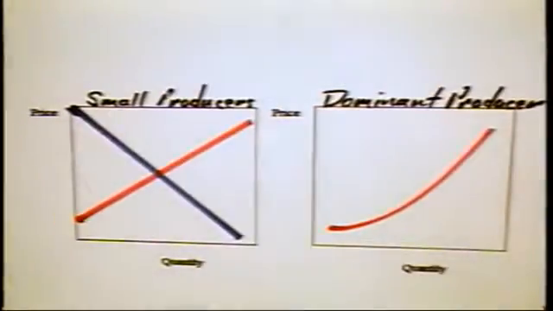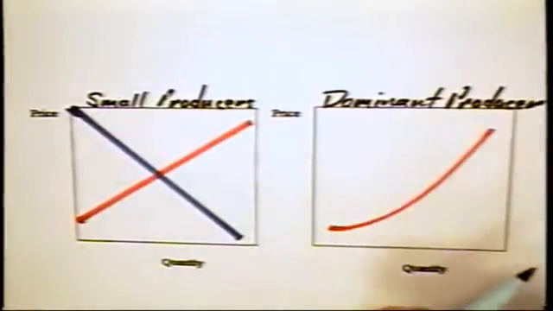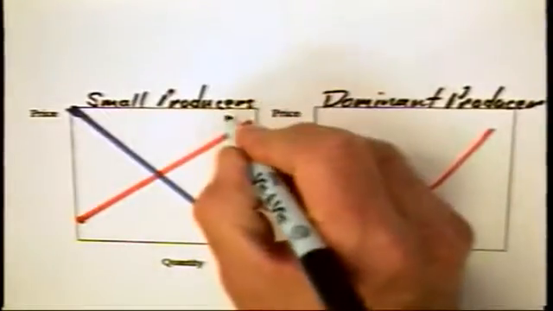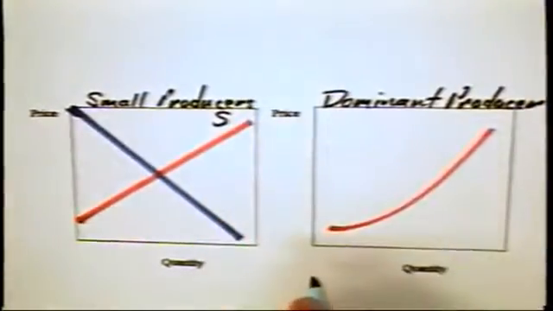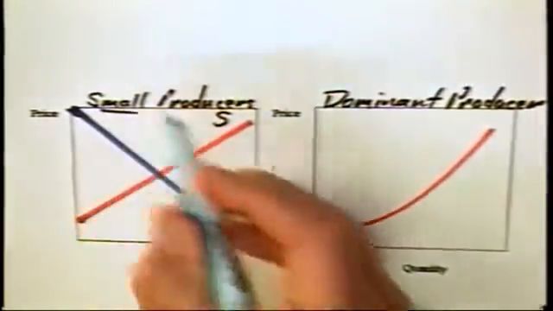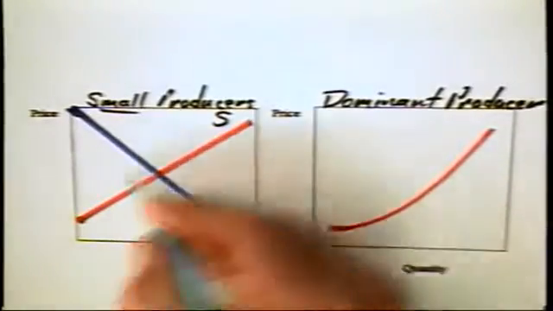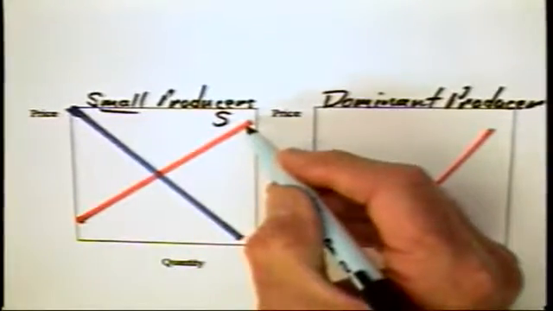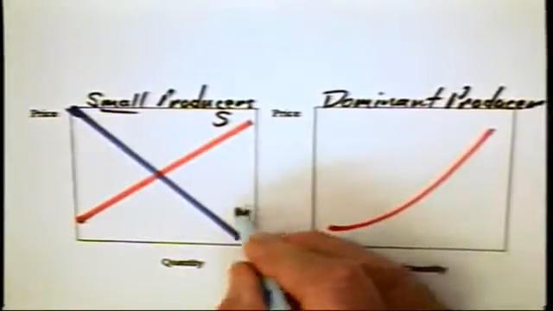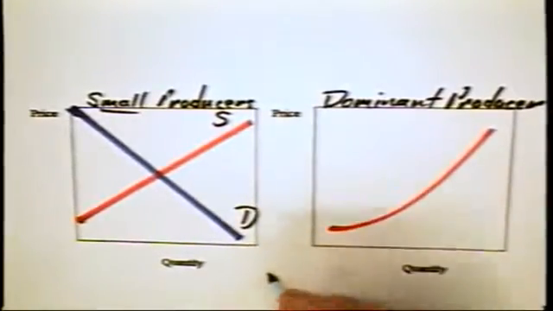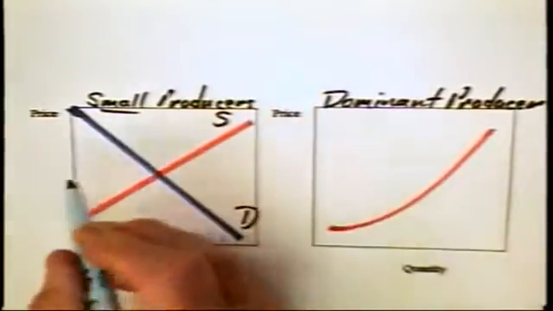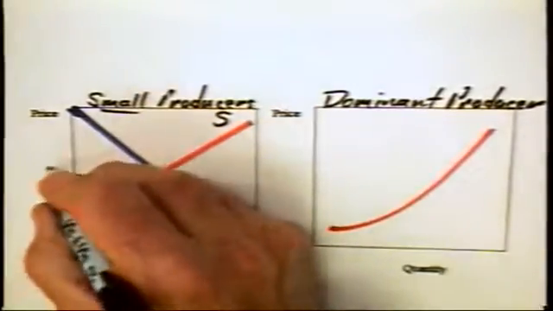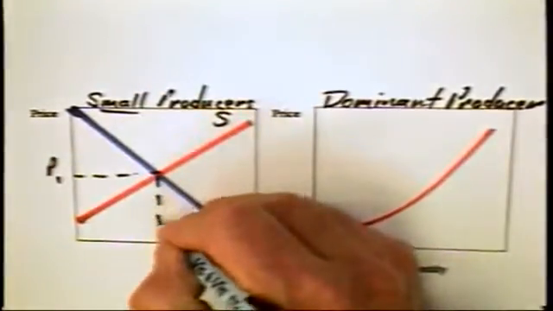In the left-hand side of the picture, you have the supply of a good made by a number of small producers. This is a summation of their marginal cost curves. Here you have the market demand for the good. If there were not another dominant producer in the market, the price would be set at P1 and the quantity